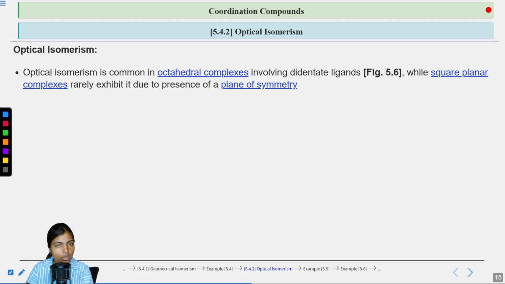While if you talk about the square planar complexes, in which the central metal is arranged in the square planar geometry with 4 different ligands around it, optical isomerism is rarely exhibited by the square planar complexes due to the presence of the plane of symmetry in them. Okay,